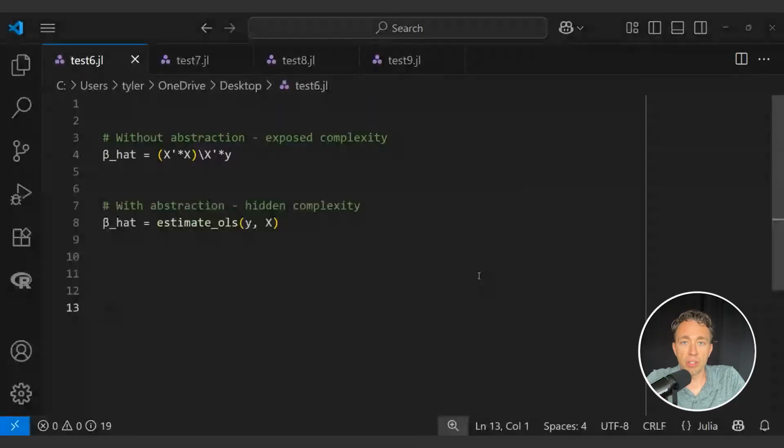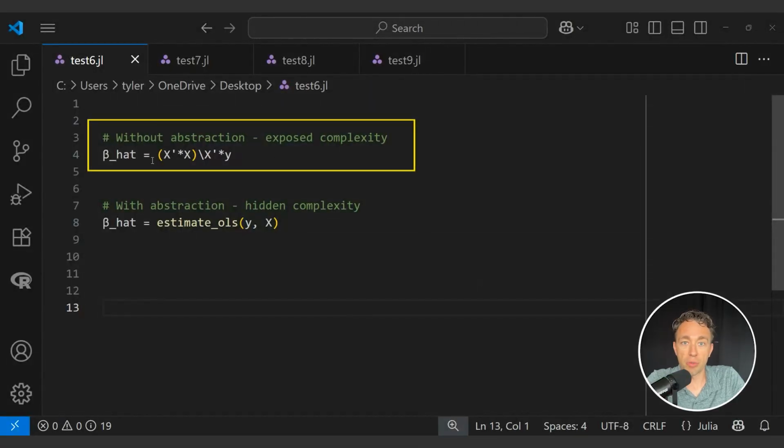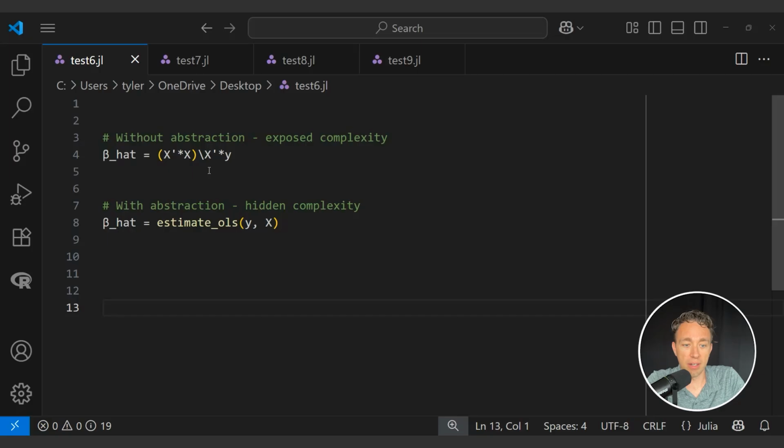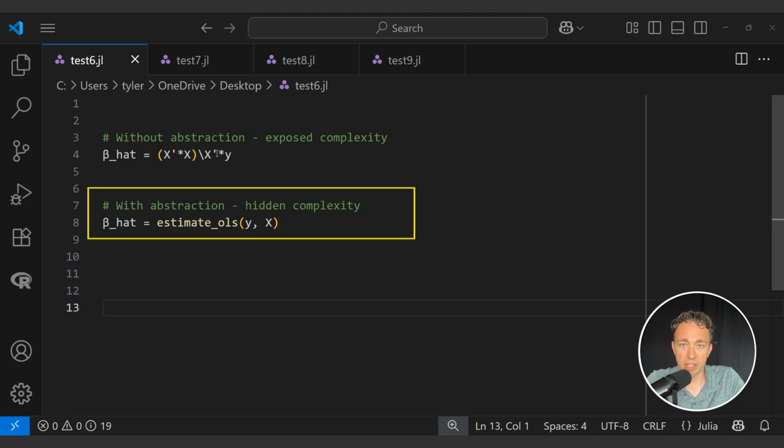The example that we can use is the ordinary least squares matrix algebra formula. This is something that's taught in introductory econometrics courses. Basically, we have this linear algebra formula for if we have a matrix of covariates x and our outcome variable y. This is how we estimate the least squares regression coefficient vector. We can do this two ways in our code. We can type out the linear algebra formula, or we can write a function that takes y and x as inputs, and then we label that this function is estimate OLS, and then it can return the coefficient vector